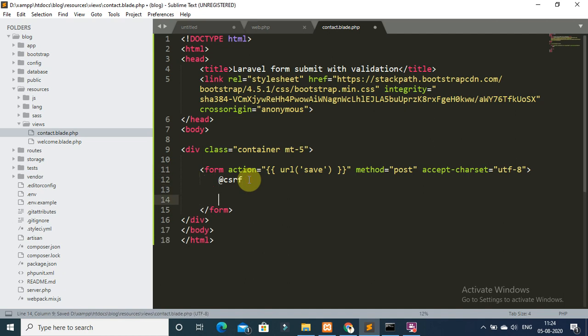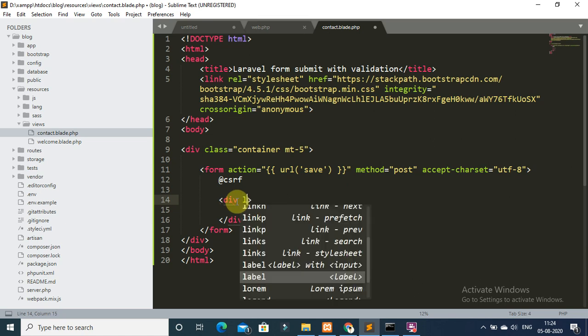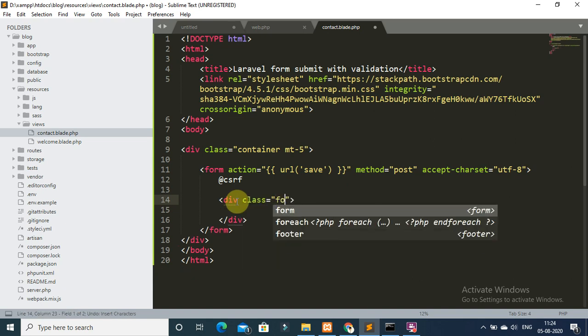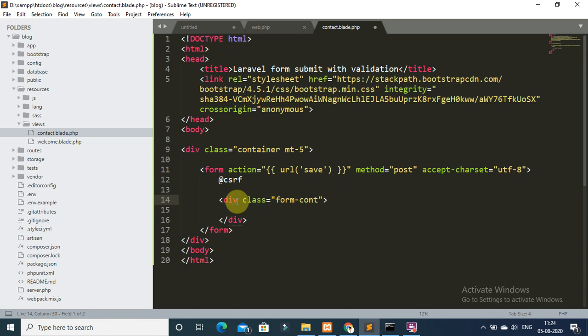Then create the form fields. So create a div again with class form-group.